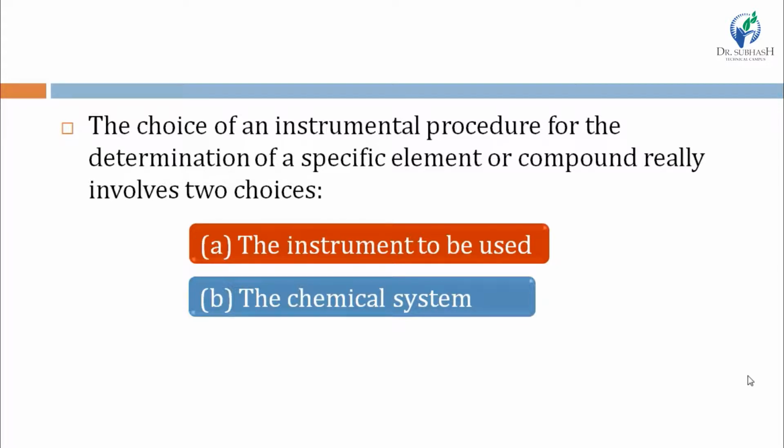It is based on which type of information we want to get, which type of analysis we are going to perform, and based on that, which type of sample we are going to use, and based on that, the instruments to be used. If we want to perform spectroscopy, if that is fixed, then based on the spectrophotometer we use, our sample, solid, liquid or gaseous form, means our chemical system, is chosen, right? So this is a correlated process, and the success of the analytical procedure depends highly on this choice.